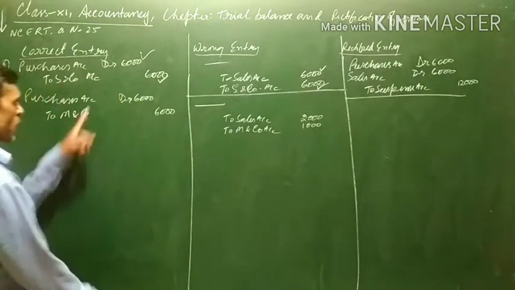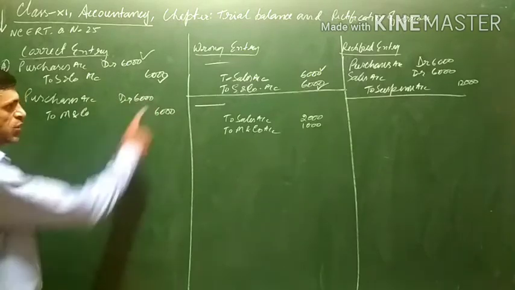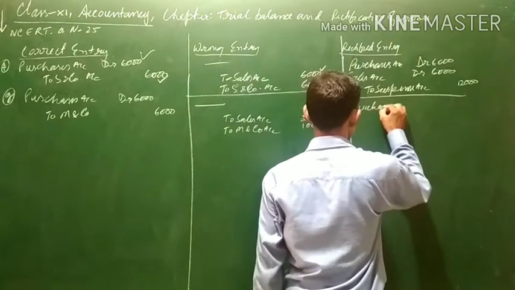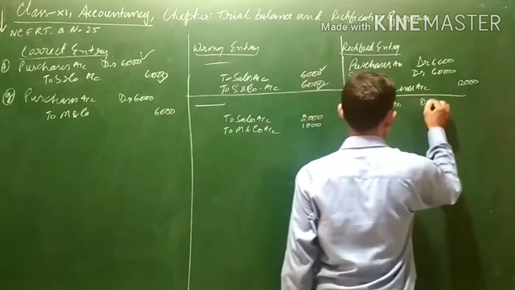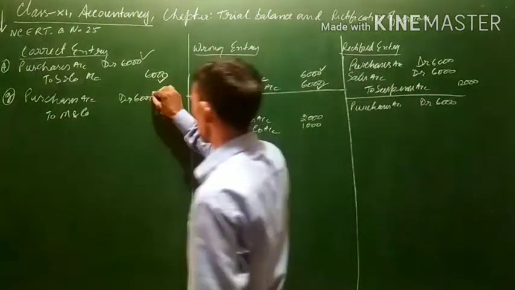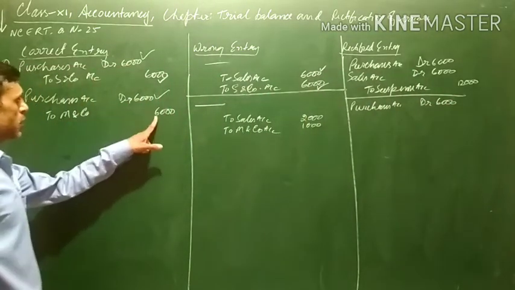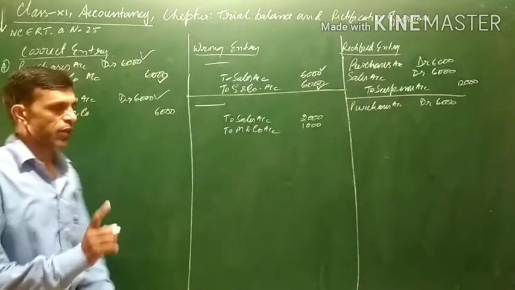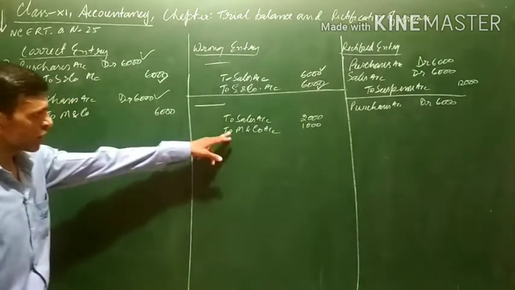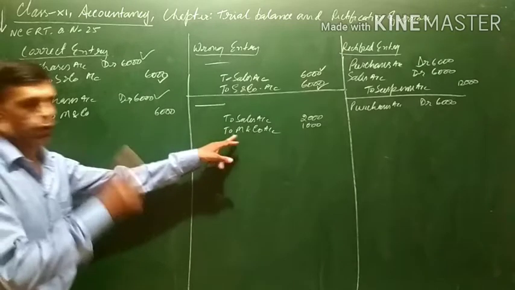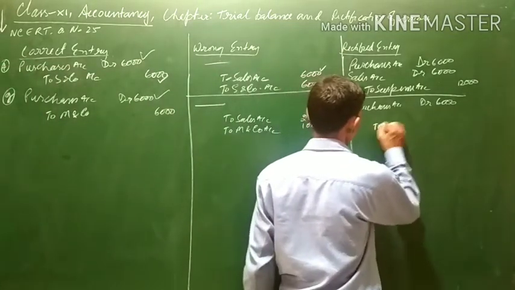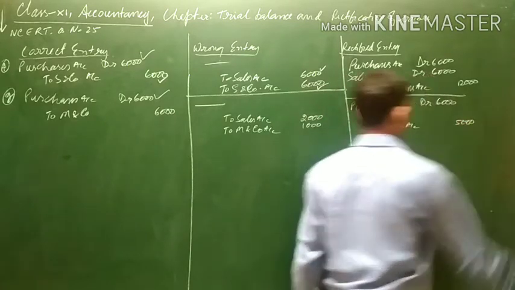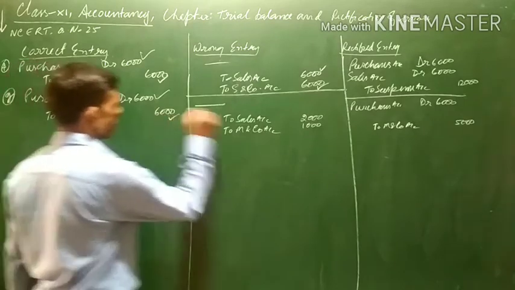Now, for the correction entry. Purchases account should have been debited. It has not been debited, as you can see, so first of all, we will debit purchases account, 6,000. This entry is over. M and Company 6,000 credit is required. But here, how much credit has been given? Only 1,000, instead of 6,000. So 5,000 more credit is required. We will credit M and Company with 5,000 more. Now this part is over.